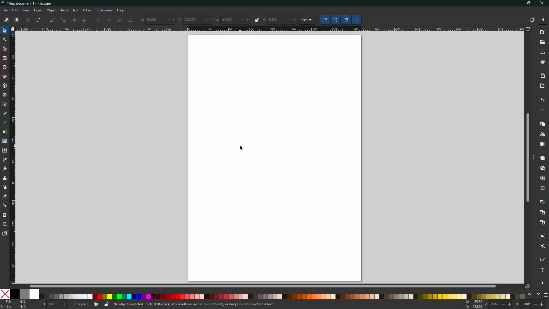Hi, in this tutorial I will show you how to change font in Inkscape. It may be really useful when you are creating new projects with text. So for example, if we have here a simple text, something like template, and if you would like to change